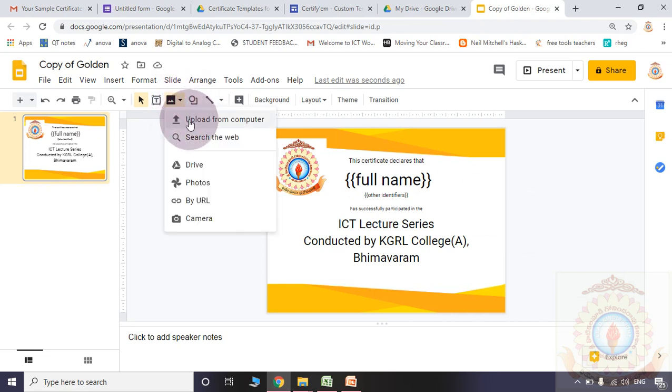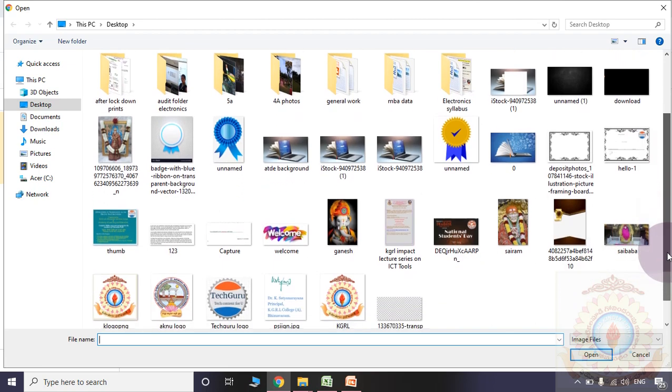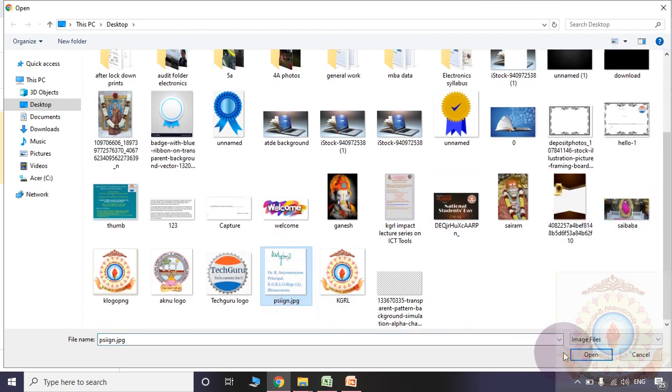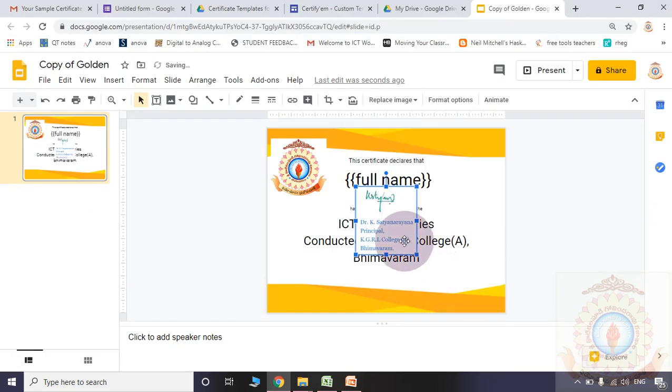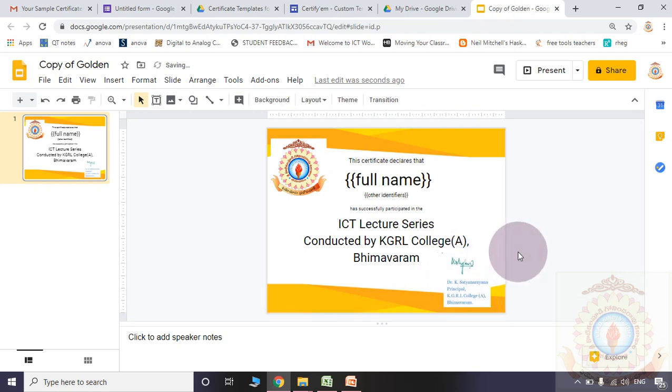So I may upload another image. That is the signature of my principal. So now the certificate template is ready.